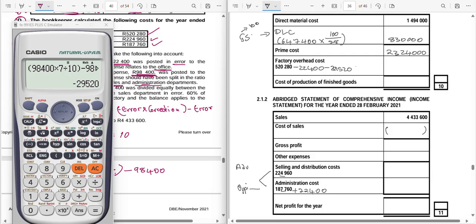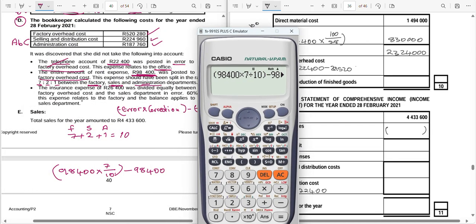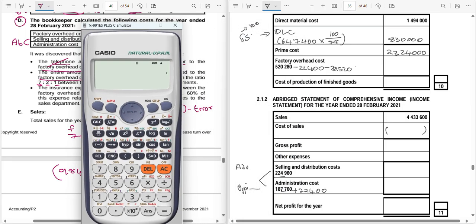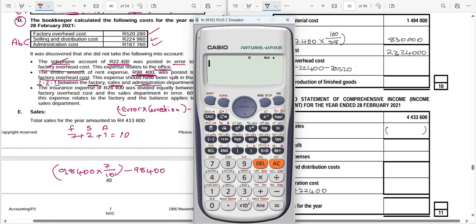So let's correct the office and the sales, because they said this one goes to sales, another one goes to the admin. So we know that the sale is 2. So we just going to say 2 here, because what we want, right? What we want. Okay, let me start over. All right. So let me say